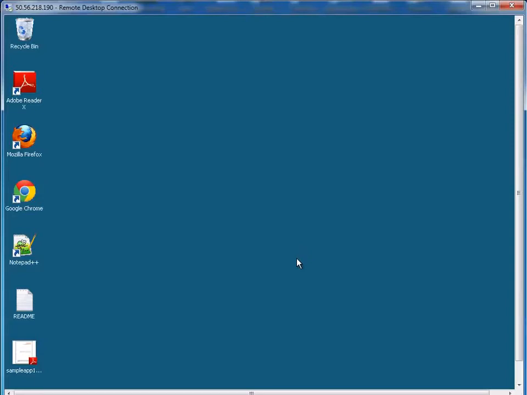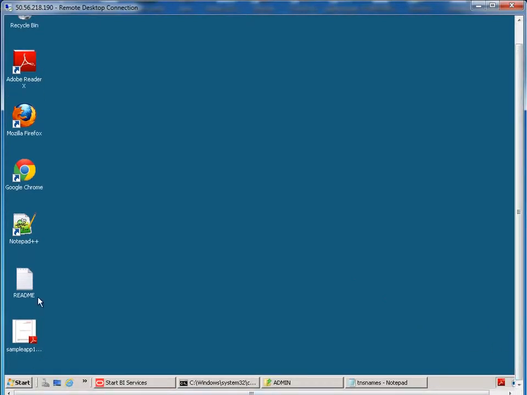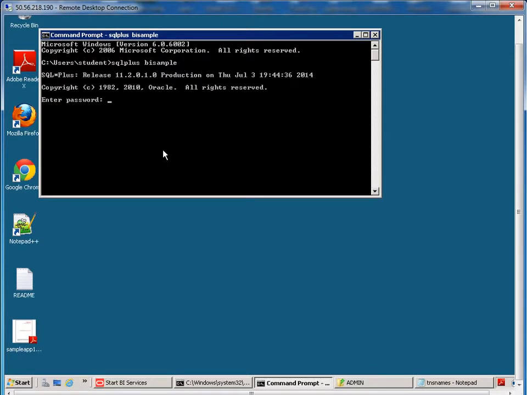Today I'm going to show you how to create a very simple OBIEE 11g repository, and then we're going to make it live. So the first thing you need to do is get a little bit familiar with your database. What I'm going to do in here is just open up a DOS prompt, and the database that I'm working with, I've got my BI sample schema, and the password also happens to be BI sample in all uppercase